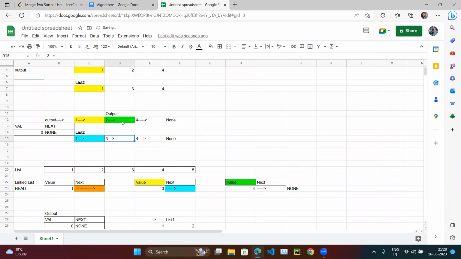One second. First the output is this. Then the output will become this. Control X. Then the output will become this. Then the output will become this. Then the output will become this, like this. Sorry. Then the output will become this. Then the output will become this. So